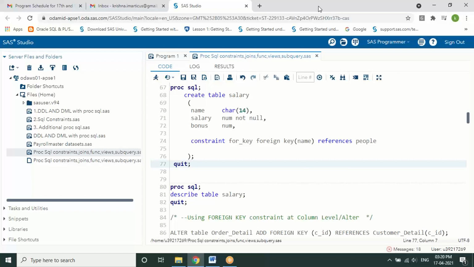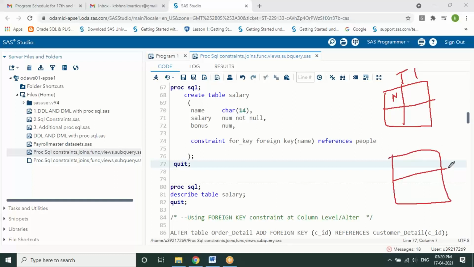We can say parent table and child table. I have one table, let's call it table 1, where I have a column called name. This is the primary key of this particular table 1. Now I'm going to create another table 2, which has one more field called name, where I'm making a reference from one table to the other.